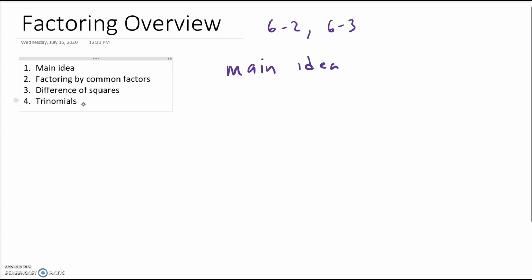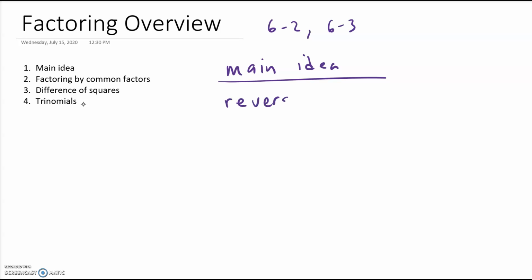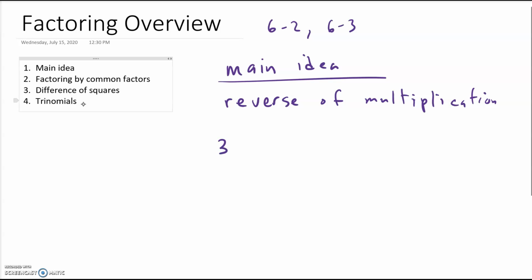Now, basically, factoring is the reverse procedure of multiplication. So if you think back to grade school, in third grade you learned your multiplication facts. You learned things like 3 times 5 equals 15, and 4 times 6 equals 24, and so on and so forth. And then a few years later, maybe fifth grade,